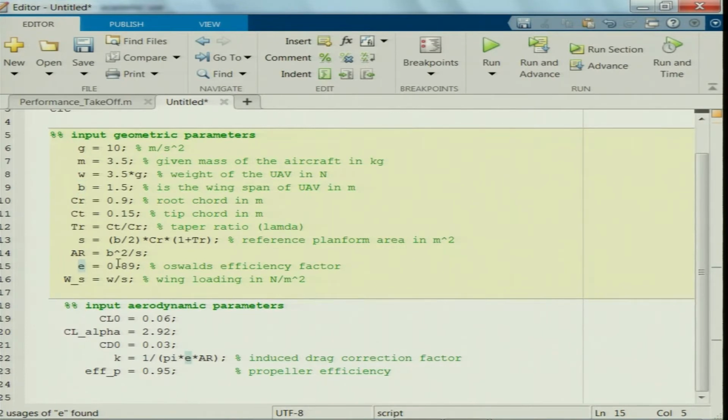Oswald's efficiency is given as an input 0.89, and the wing loading is estimated here.